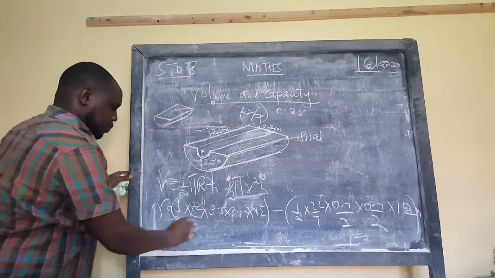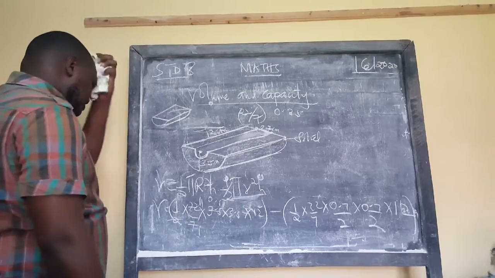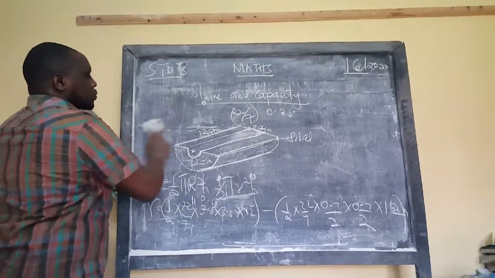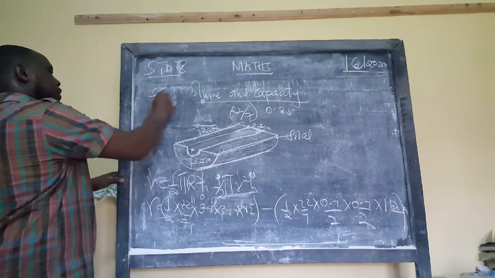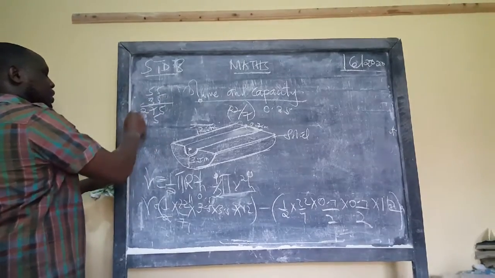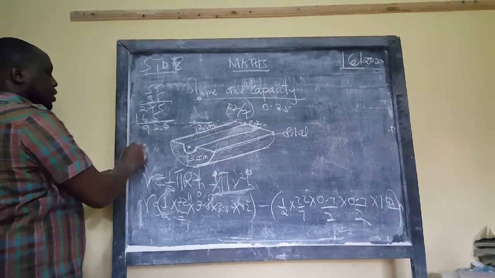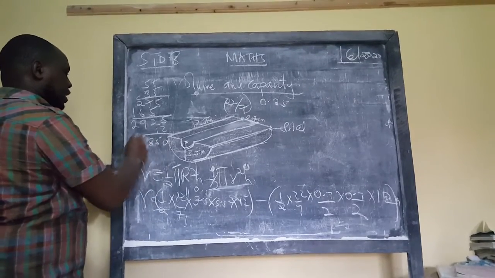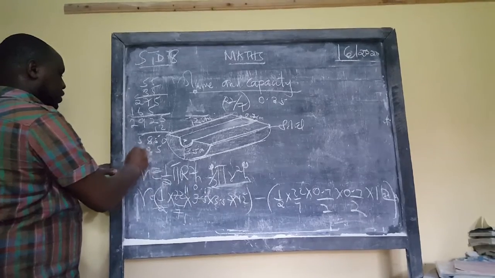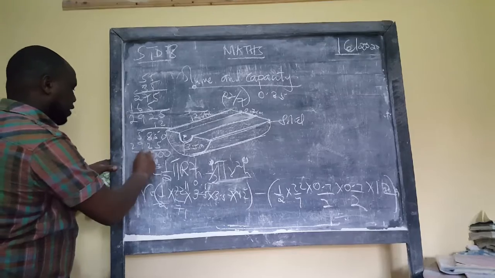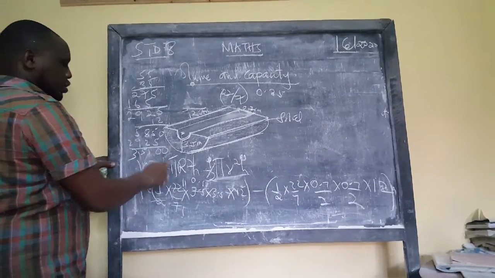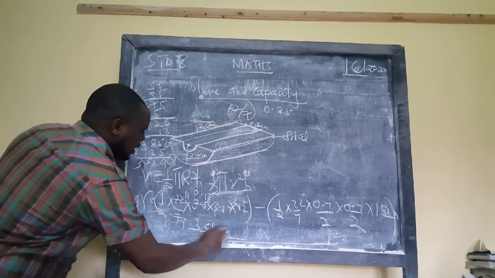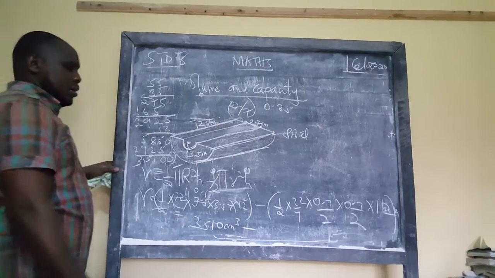Here, if I calculate well, I get 11, 0.5. Now 11 times 0.5 is 5.5, then 55 times 35. That's where we begin. 55 times 35, then times 12. We have how many decimal places? 1. So this is going to be 3,510 cubic centimeters minus what we get here,